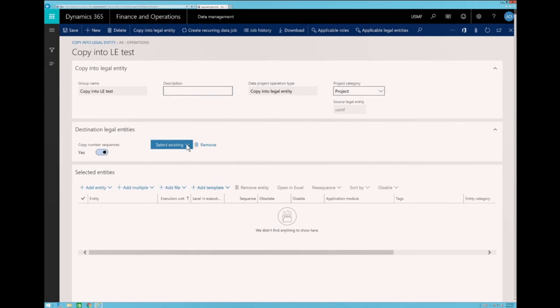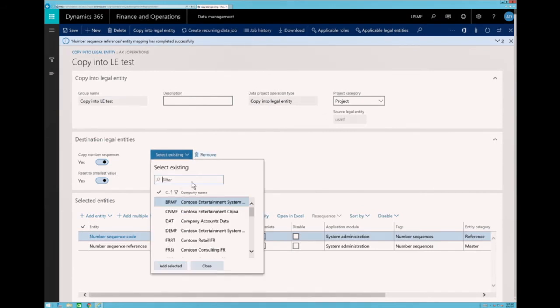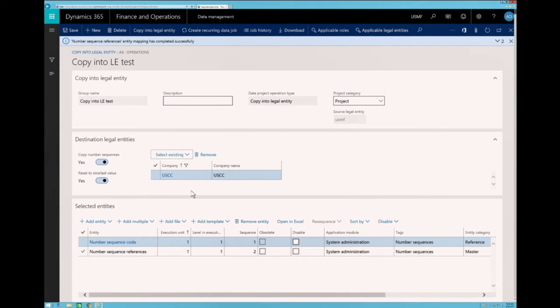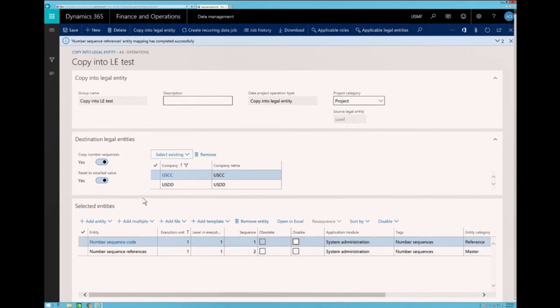And then I select the legal entities or the companies I want to copy to. I've created some test companies just for the sake of this demo. I will select this one, add selected. Let me add another one. I will select that second one. And once I select my target legal entity, these are new legal entities I added to my system, I can